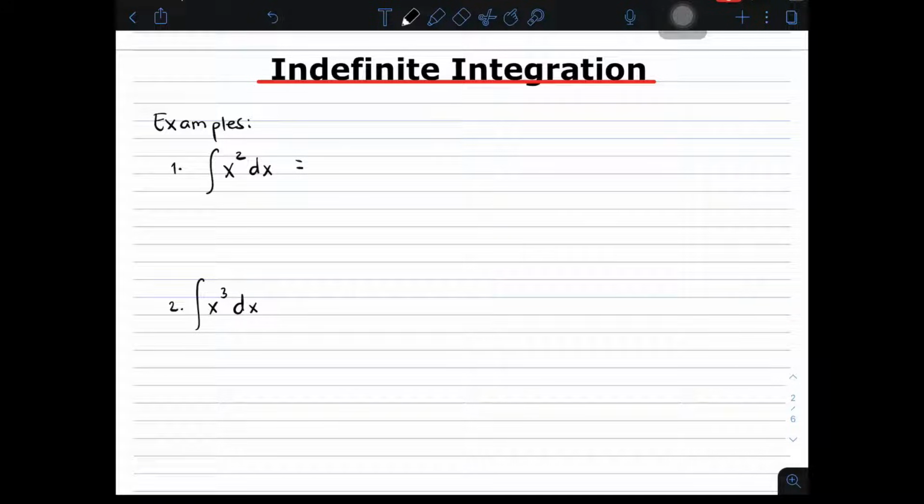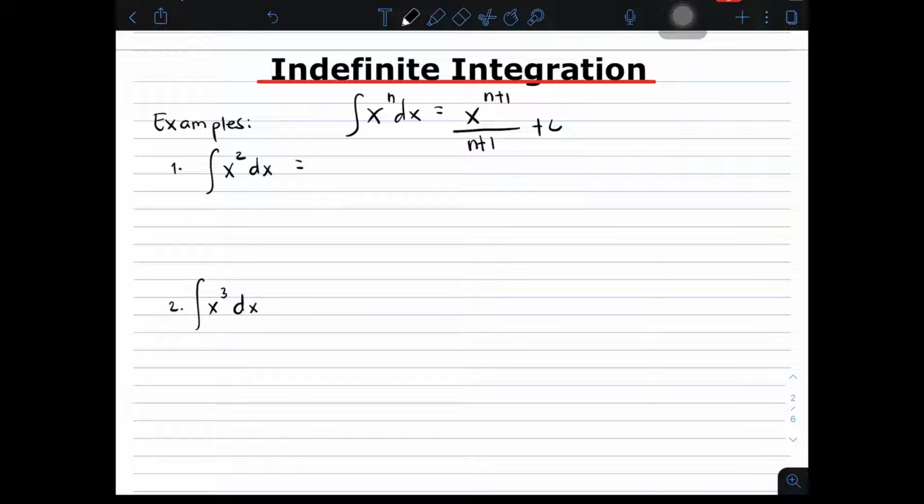So kung meron kang hahanapin na integral of a variable with any exponent like n, ang gagawin mo lang is you need to add 1 sa exponent niya over, copy mo lang yung add mo sa taas, n plus 1 plus c. Ganyan yung magiging format natin on how to do these examples. So we have here an example number 1,